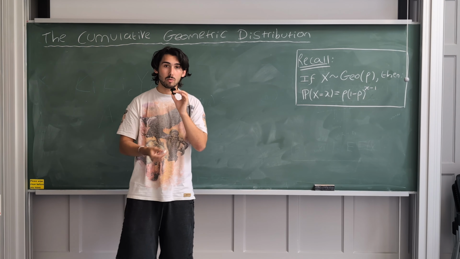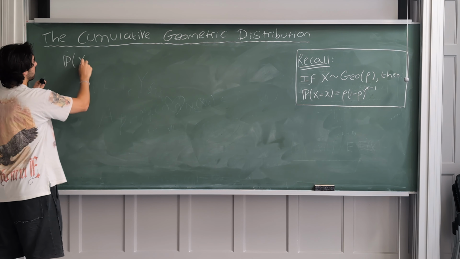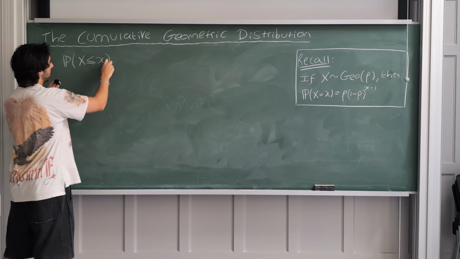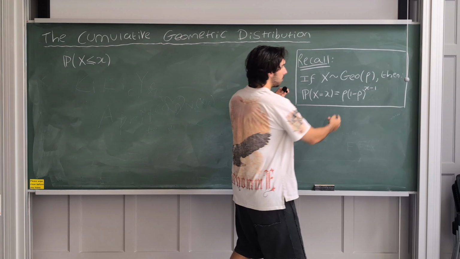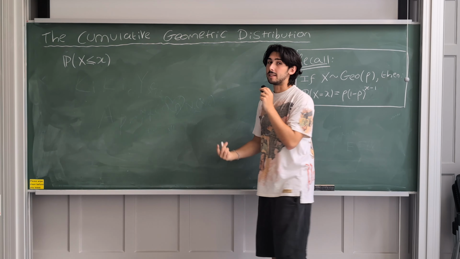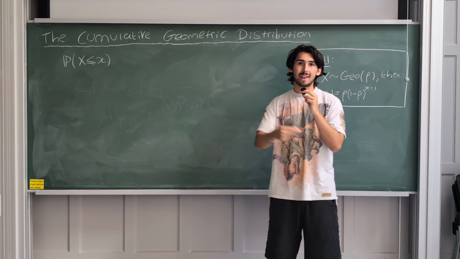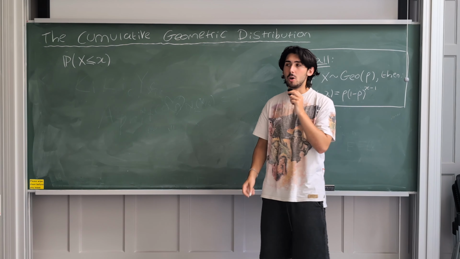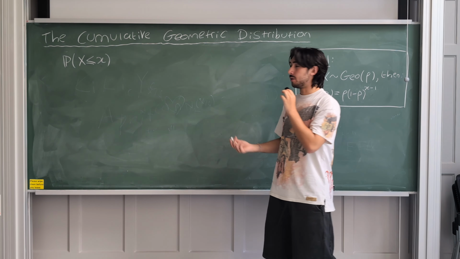So today we're going to look not at the probability that x is equal to little x, but we want to come up with an expression for the probability that x is less than or equal to this fixed number little x. So I want to come up with some sort of expression that maybe looks a bit like this one, that's describing the probability that it takes me, let's say, less than 3 rolls to get that 5 or that 4 for the first time, or maybe less than 10 rolls before I get the number 6 when I roll the die,